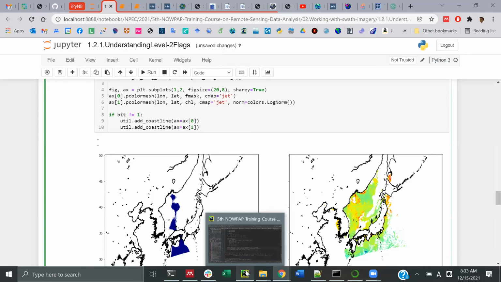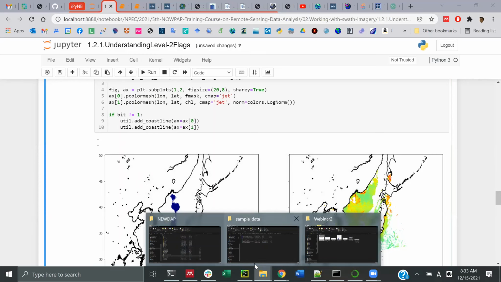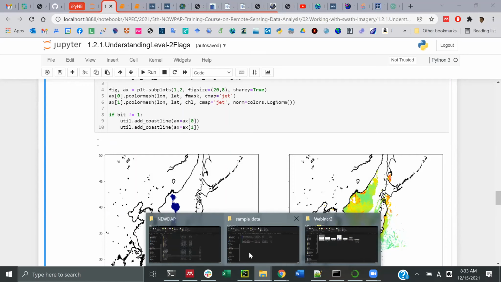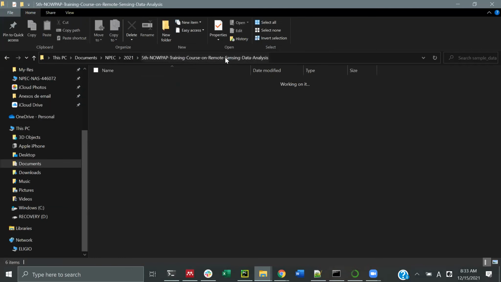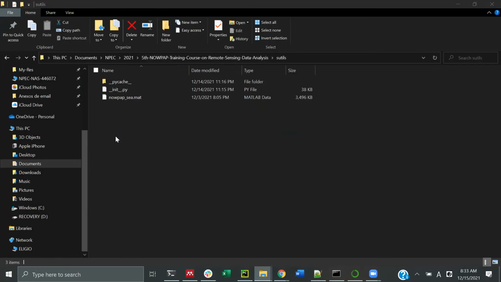It's quite strange. I saw this same error yesterday, and I really don't understand what's going on with your computer. I don't know if anyone else is having the same issue. But if you go to the materials inside, you will see the folder with the name sutils, and then you see this underscore